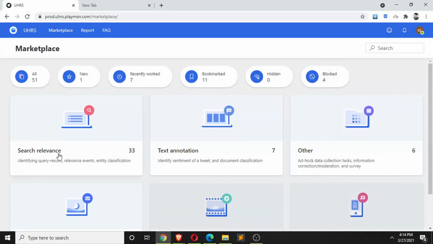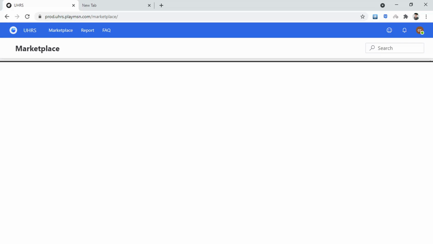And yeah, let me go through now and tell you what all things are important to know, and what things I use in my current settings. Okay, so this is the normal view that you will see. This search, relevance, text annotation, other, all these are the first screen that you'll see when you come to the new marketplace, right? Now I'll be blurring out all the HIT app names because that is not permitted as per the user guidelines. What you need to understand is, you'll have to click on this All, right? Click on this All.